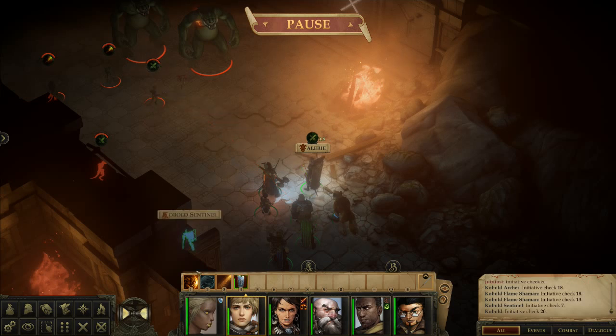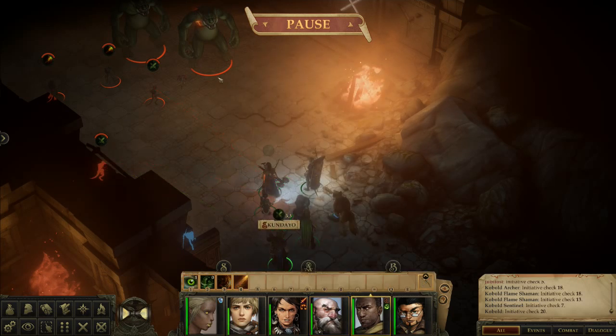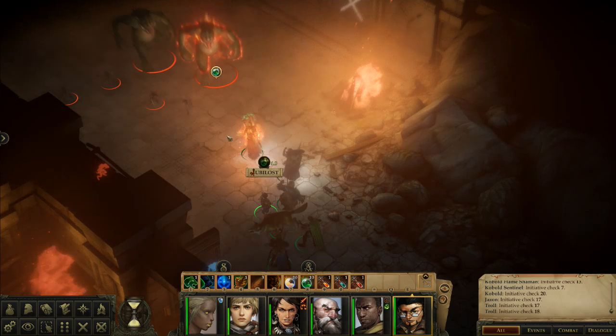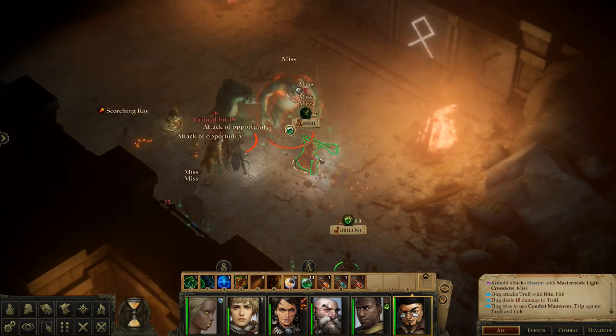Let us strike as one. I'm gonna have Valerie go here. A Rim rush this way. I got you dead. I might have to turn off the